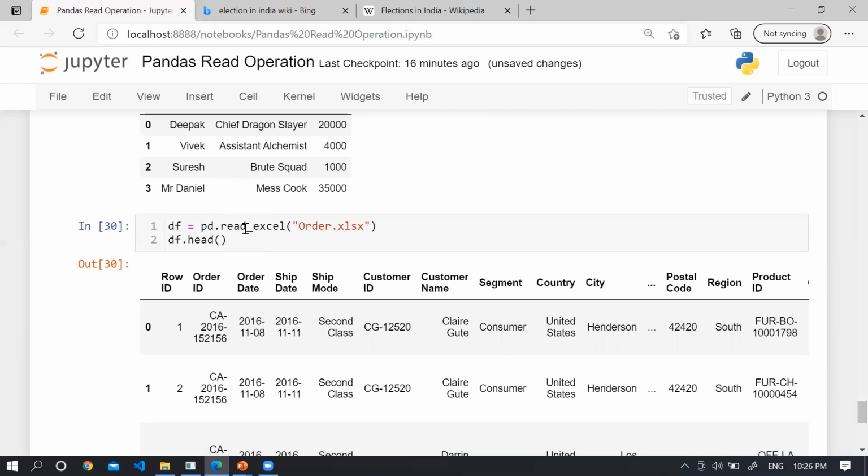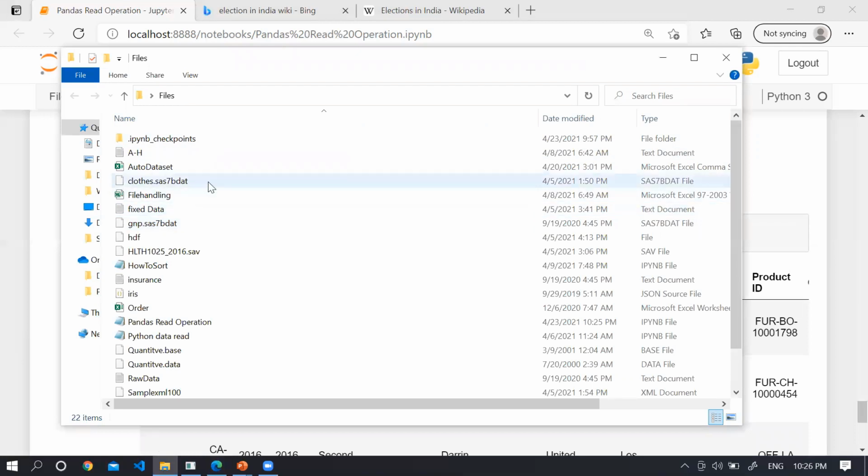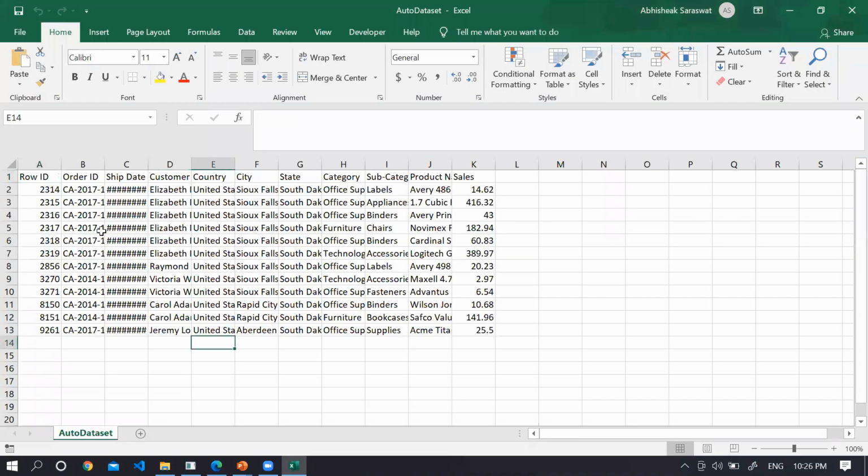And guys, the last important concept I'm telling you is how you can read the data from the clipboard. For example, let me go to this particular files folder, and here I'm going to open any of the files. Let's say I want to open this auto dataset. From here, let's say I'm going to copy this particular information.